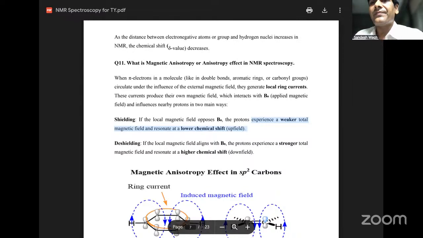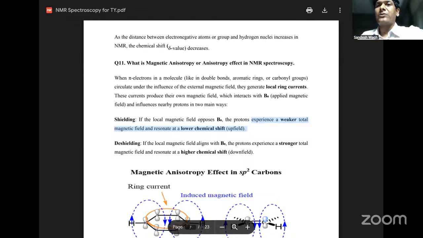Now, this is the second lecture with audio. In fact, we already recorded this lecture, but unfortunately, as I told you. This is one of the most common questions in the university exam. What is magnetic anisotropy